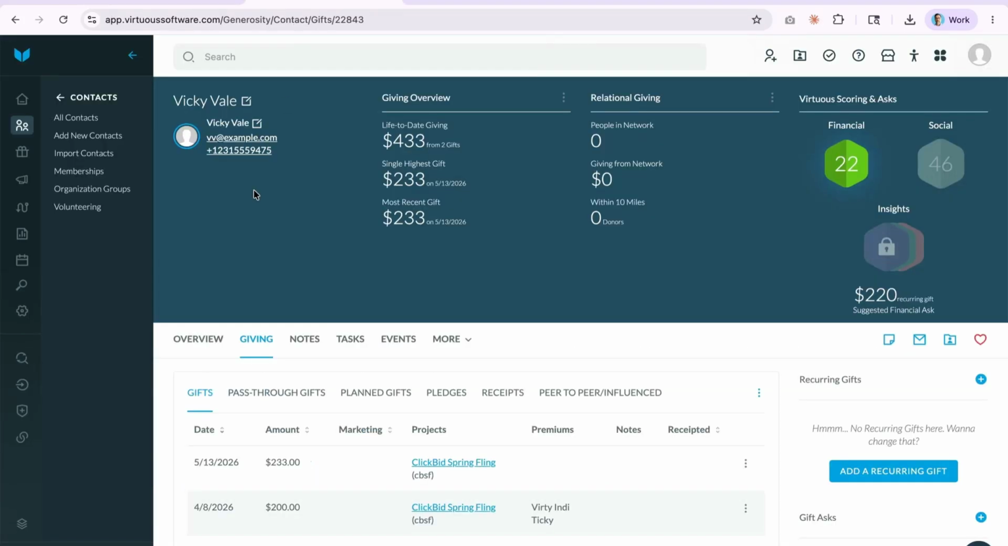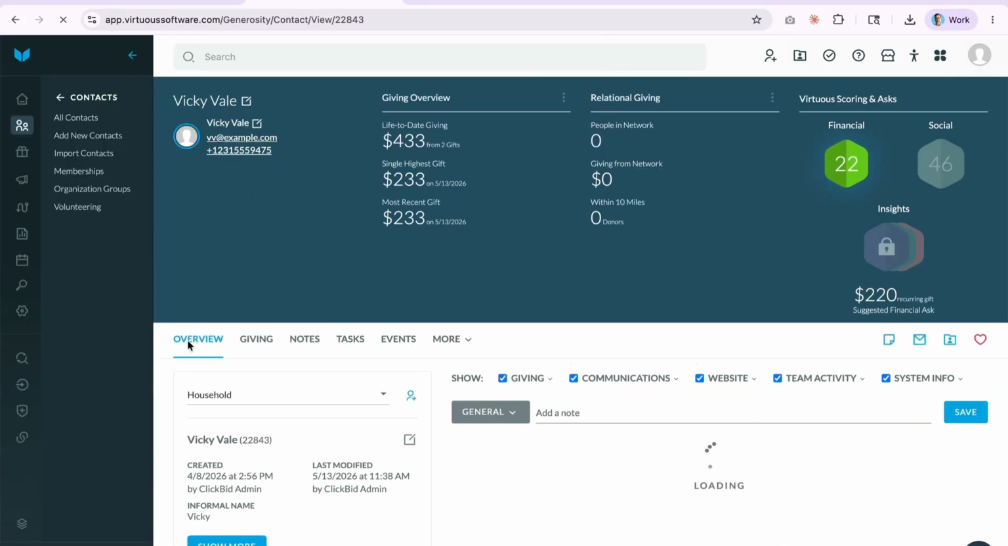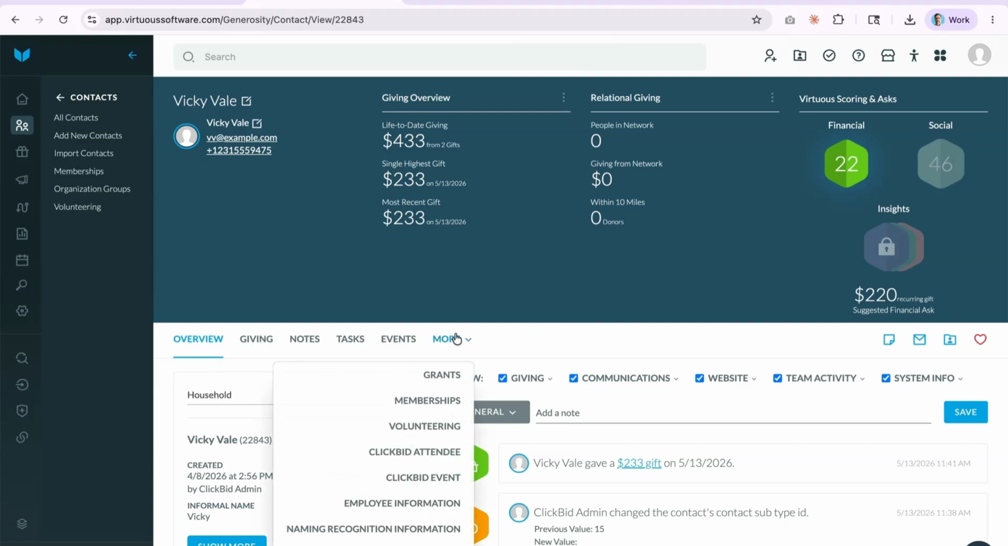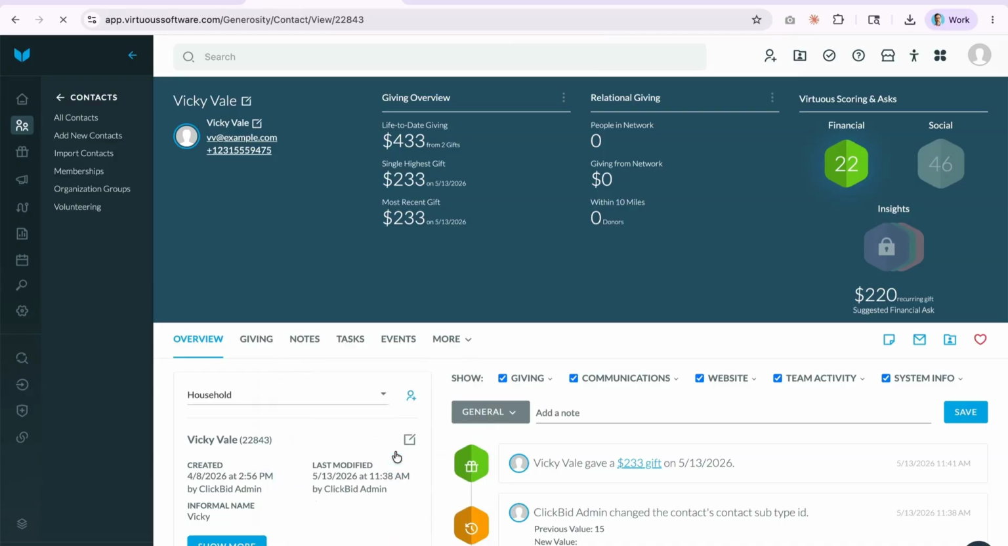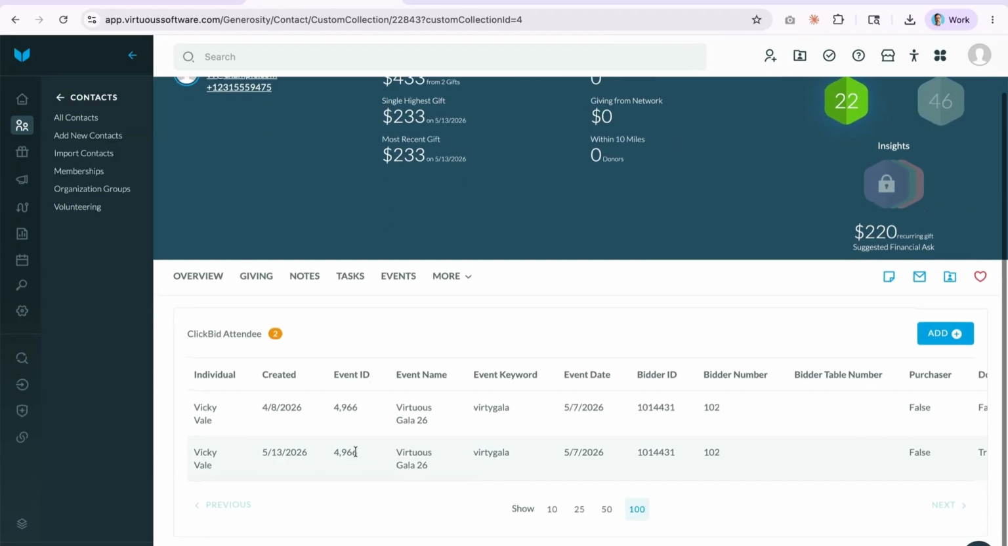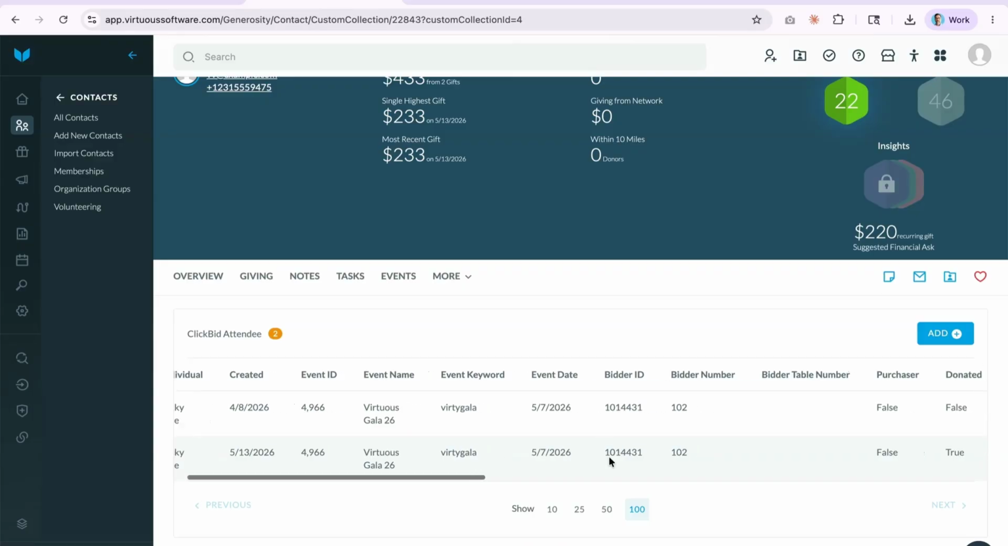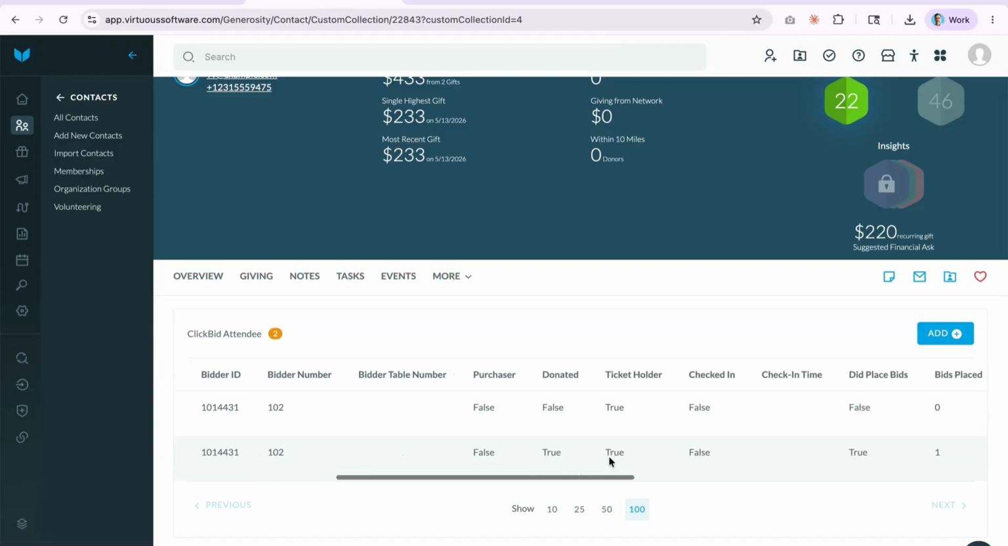It is pretty quick. So let's just go back to Vicky Vale, and we're going to go to overview. And then we're going to take a look at more. And you'll see here there is a ClickBid attendee and a ClickBid event custom collection. So let's take a look at attendee. And we've done this a couple times. So, back in April. So imagine these were 2 different events, but we're going to give you all the information for it. So we're going to tell you which event name, the event ID, the keyword, when did the event happen, and then we're going to give you some metadata